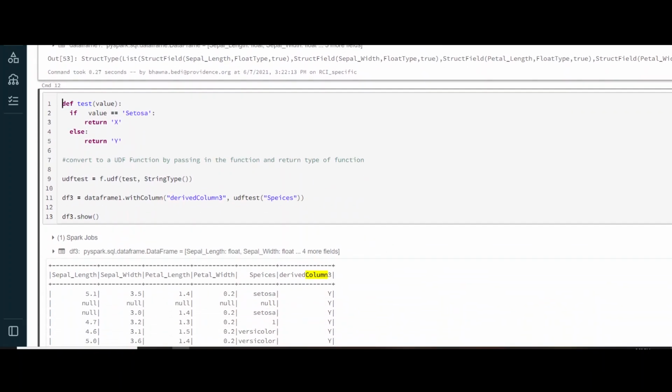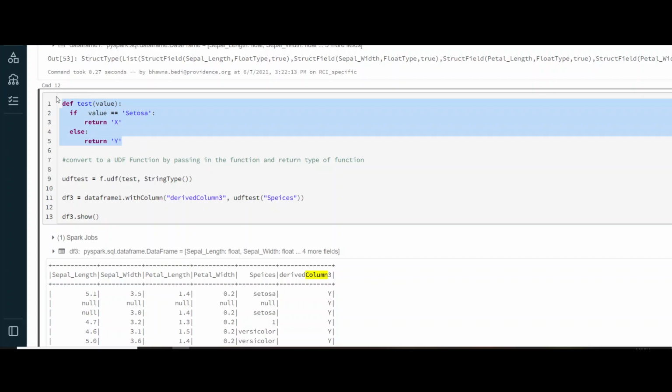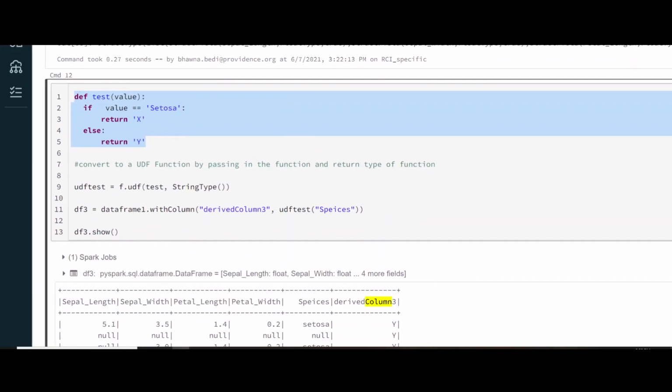Now since I'm trying to create a user defined function, I have a function here, right? I have named that function as test, and this test function takes in a value. If that value is equal to setosa, then it is going to return X, otherwise it is going to return Y. A very simple function I have created for the demo purpose.